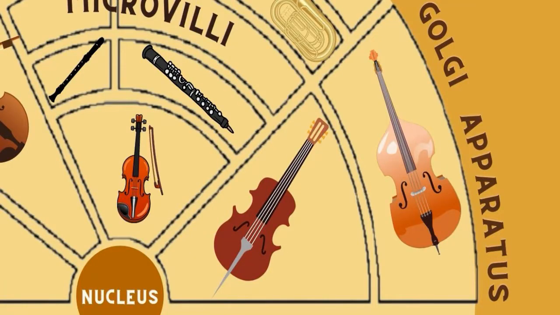Next is the Golgi apparatus. It is also known as a Golgi body, and it is a cell organelle that helps process and package proteins and liquid molecules. Quite similar to this organelle is the bass section of an orchestra. The bass section of an orchestra produces the bass, which helps the melody to feel more complete. You can sort of view the bass as like the packaging. It helps to encompass the music, and it is like the partner for the melody. Now here is an example of what I mean by that.